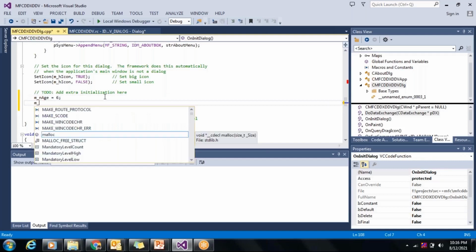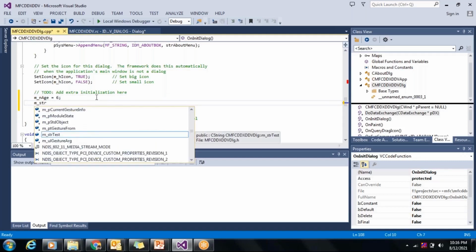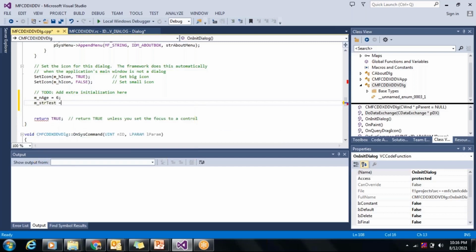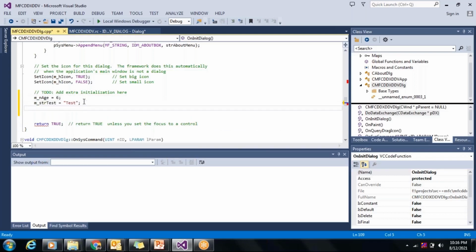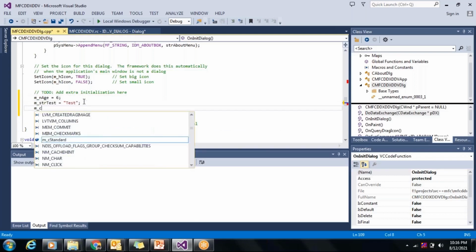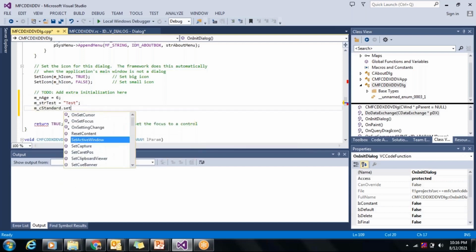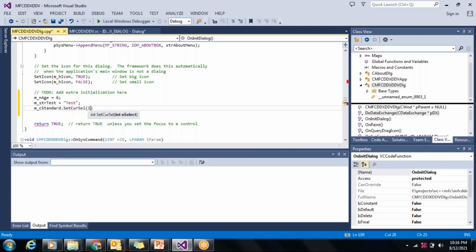And for my text, I would like to set it as test. And for the control variable standard, we want to set the default value as 1. This is the index, so 0, 1, 2, that is first, second, third, so it will be second.